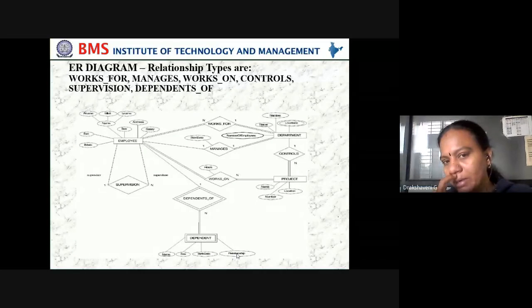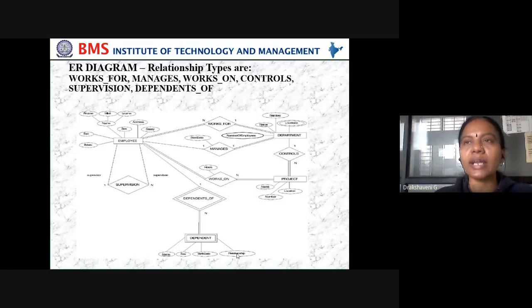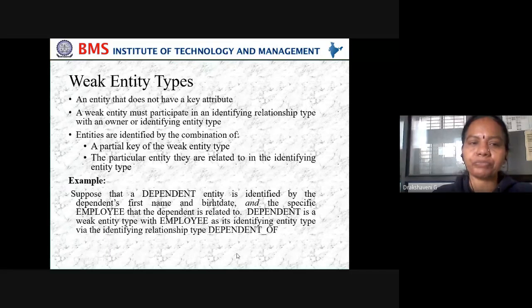And how do we represent a supervisor? Here we know what recursion is: recursion means a function calling itself. In the same way, in the employee table there may be a HOD, there may be a principal, but even the HOD is also an employee and the principal is also an employee, but he is supervising all the employees. That's the reason we have supervision. So that is one relationship with its own thing.